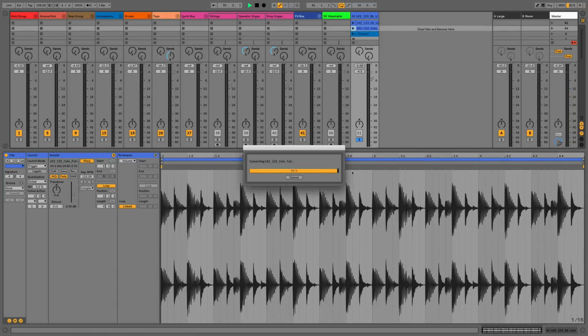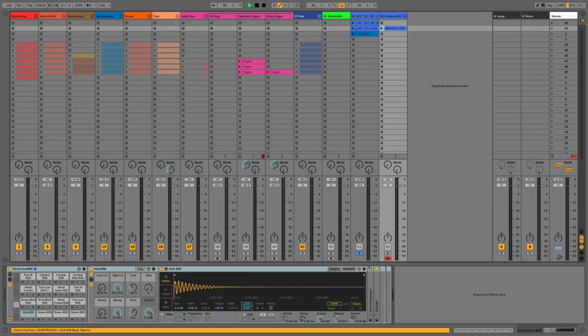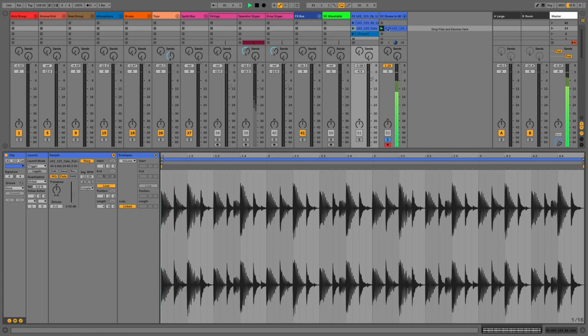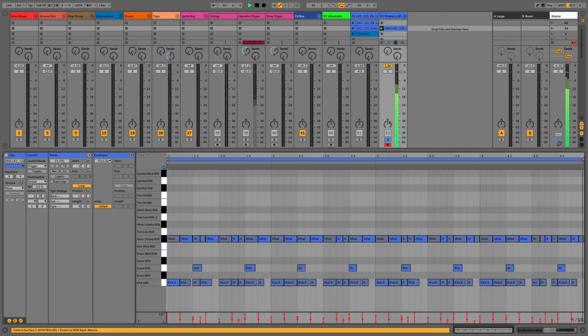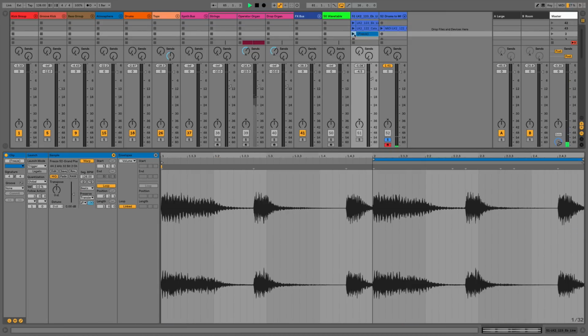And what it's going to do is try and find the different frequencies and the different drums and make it into a MIDI track, and then it's found an instrument. So it's chosen the Kick 606, so let's listen to that and how it sounds. And we now have that from audio form to MIDI form, and as you can see, it's done a pretty good job. We then have this little piano riff which I just quickly made up.